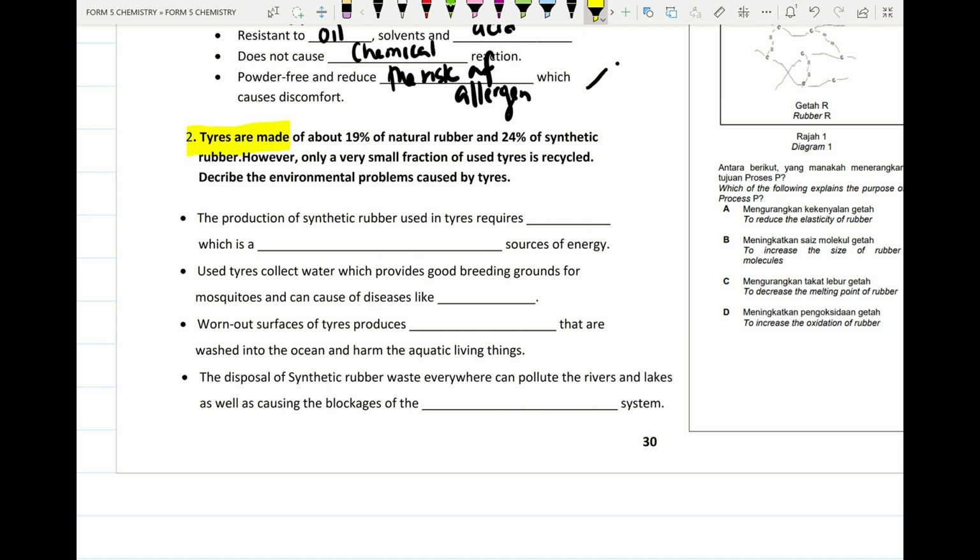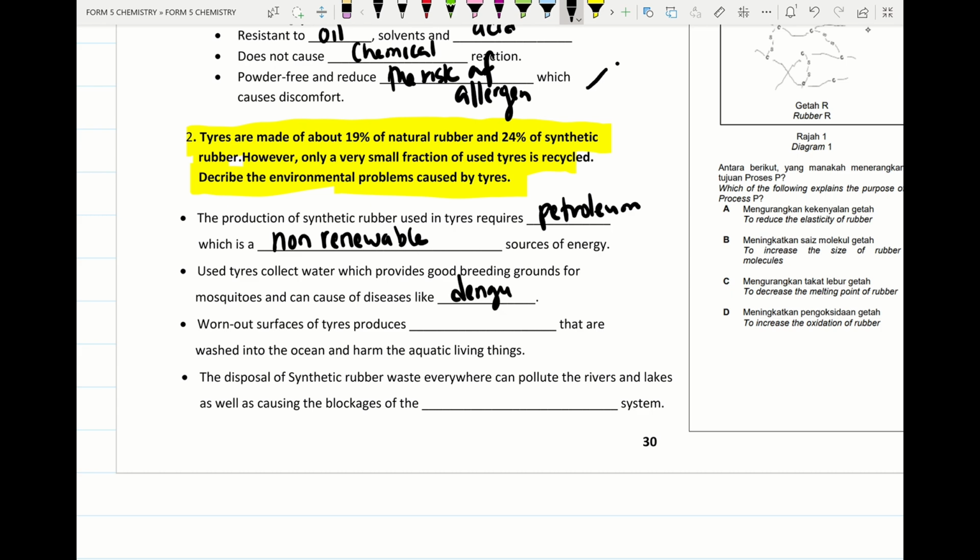The tire is made up of about 90% natural rubber, 24% synthetic rubber. However, only a very small fraction of used tires is recycled. Describe the environmental pollution caused by this tire. The production of synthetic rubber used in tires requires petroleum, which is a non-renewable source of energy. Used tires collect water which provides a good breeding ground for mosquitoes and can cause diseases